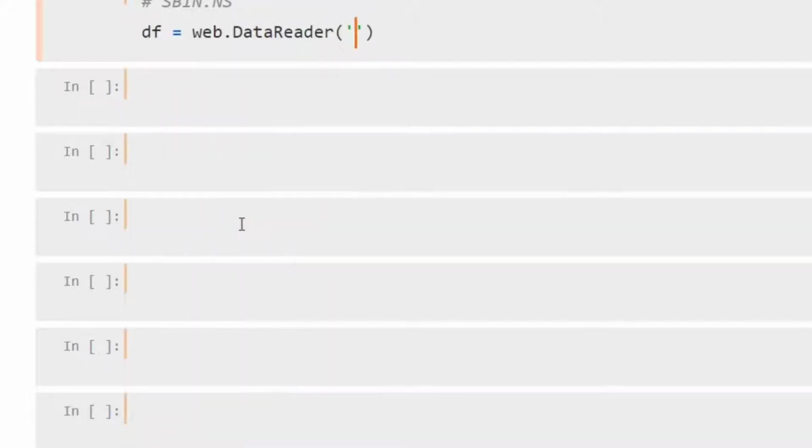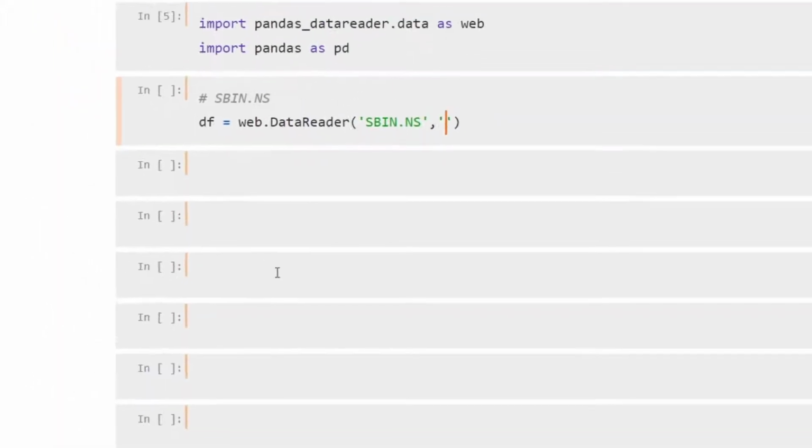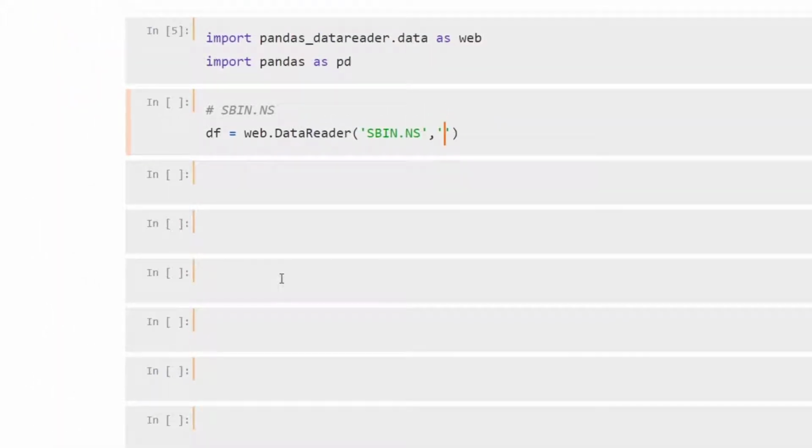So let's get the data for SBI first. We'll extract the data from Yahoo because Yahoo is our source, and our start date will be the start of January 2020, and our end date will be January of 2021.